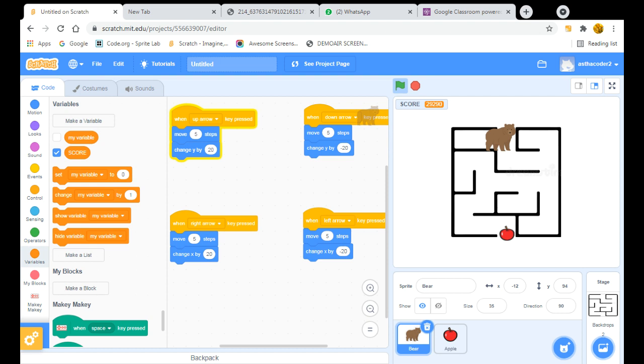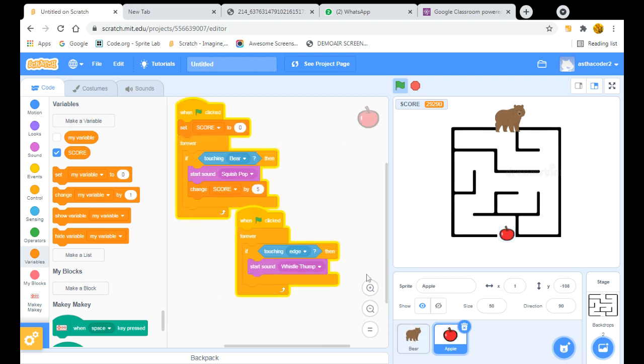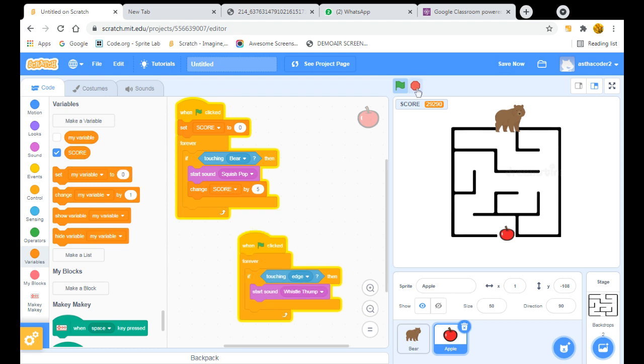Did you all see that the score has increased too much? It's not stopping. It's increasing, increasing, and it's not waiting for a while. So that means one thing is missing here, and that's wait 1 second. Yeah, right, wait 1 second is missing here. So that's why it's just moving, moving, moving. It's not waiting at all, right?